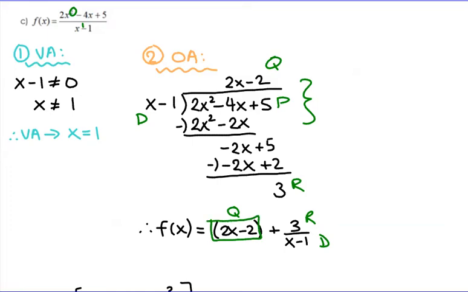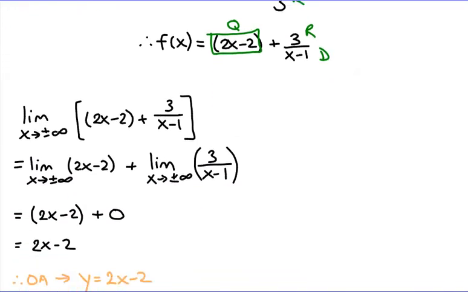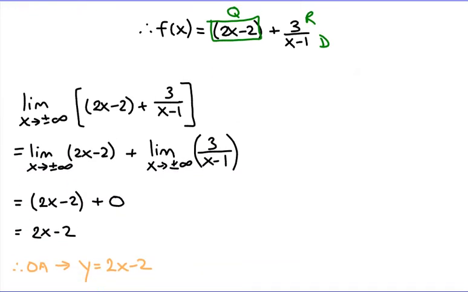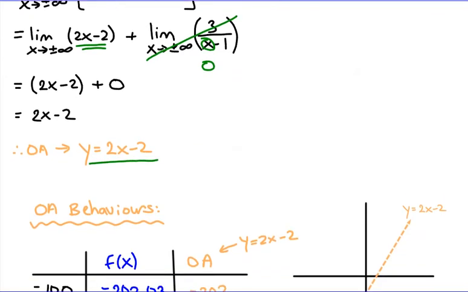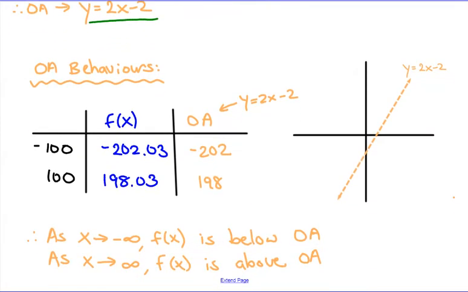And we can prove that with limits. And so we test that with positive and negative infinity. If we take the limits of your q and your r over d, this guy is going to become a 0 if you sub in positive or negative infinity into that denominator. So we don't really care about that too much, whereas the other one is just going to approach this line. And so we get a final oblique asymptote of just that line. It'll look something like this. And so on the right-hand side, you'll see my y equals 2x minus 2